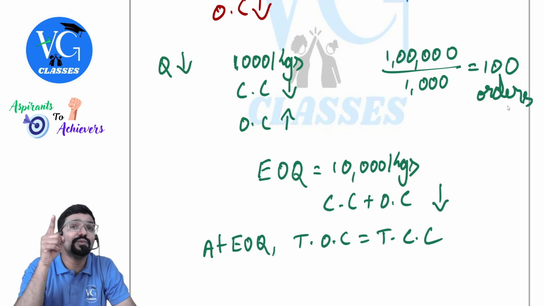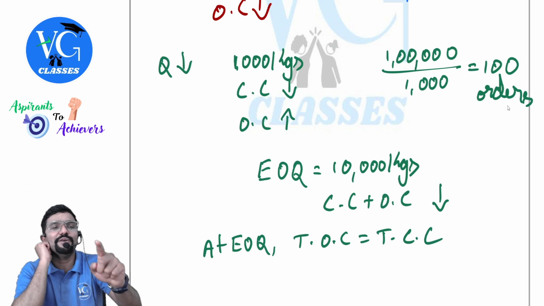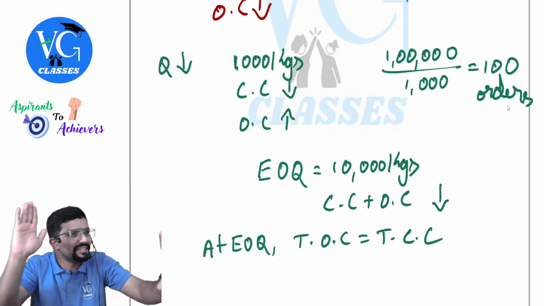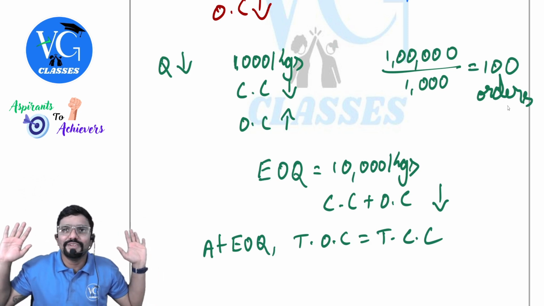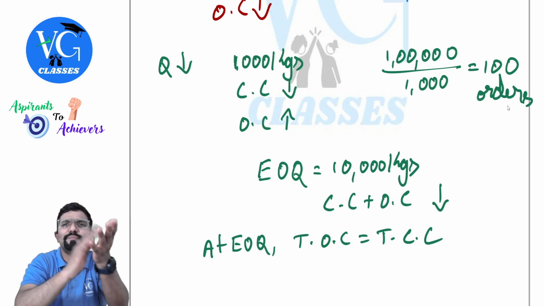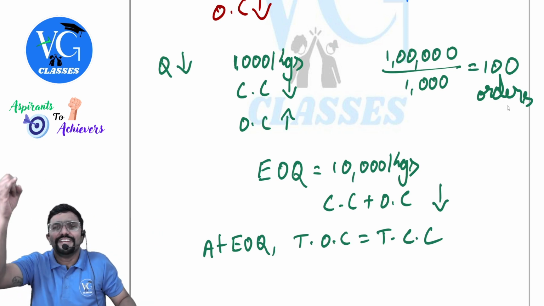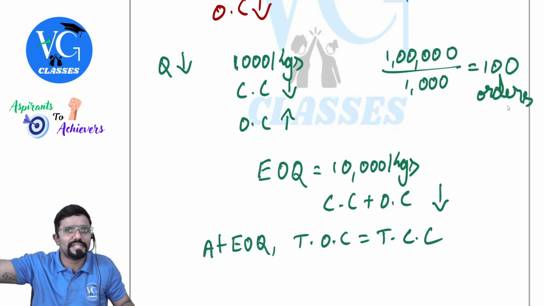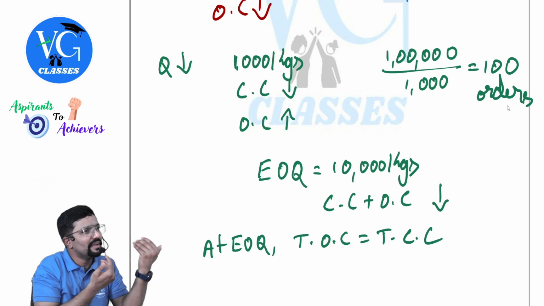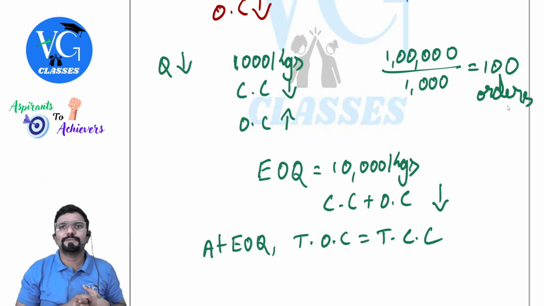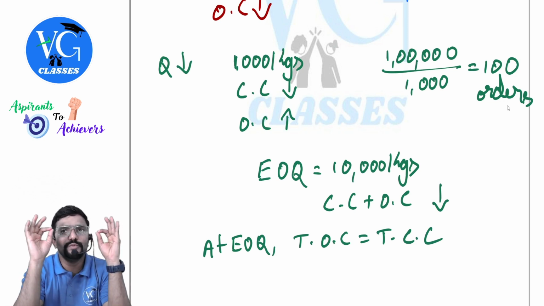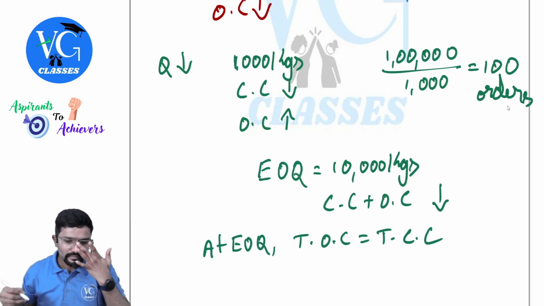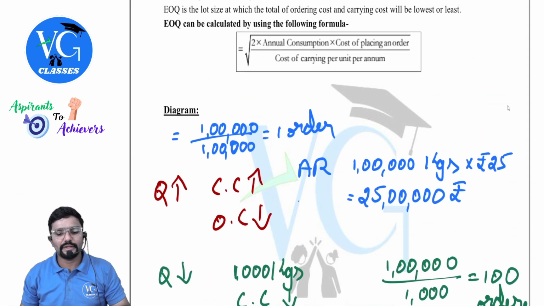Then what is ROQ? 5,000 kgs. But EOQ might be 10,000. Hope you guys are getting it. If the question is silent, we assume the company is following EOQ. But if they themselves have given in the question that the company is ordering so much, then ROQ or lot size is that much, 5,000 kgs or 2,000 kgs, whereas EOQ will be as per the formula. Hope you guys got it. Any doubt? No. Chalo. We'll get into the concept.